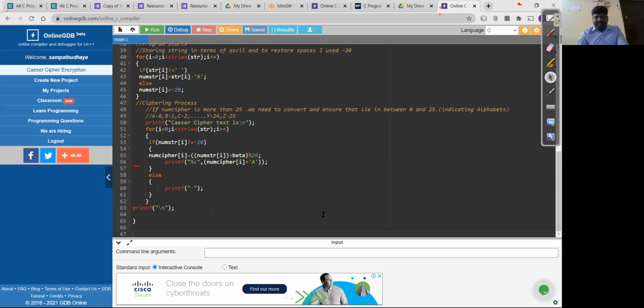Any further clarification required based on this experiment? Others also can copy the code from the link which I've shared. You can have the source code and work on the same source code.